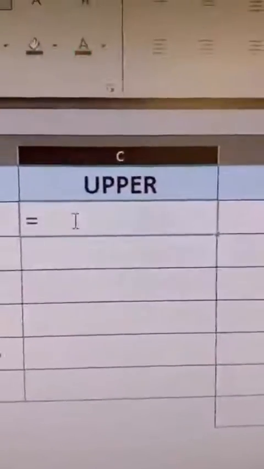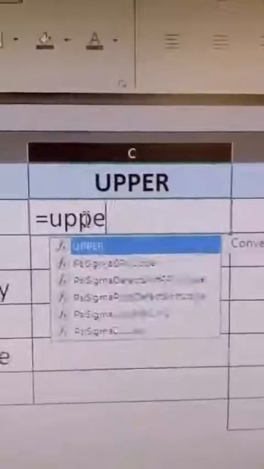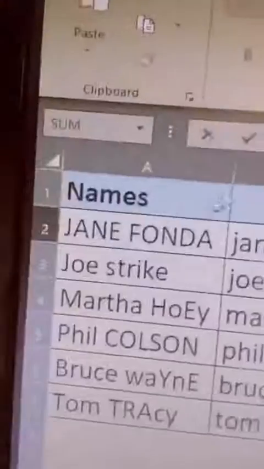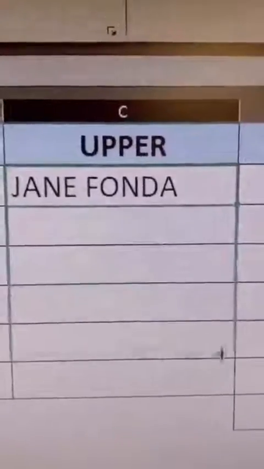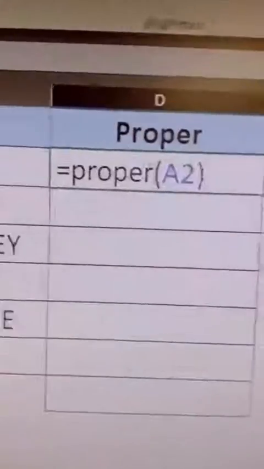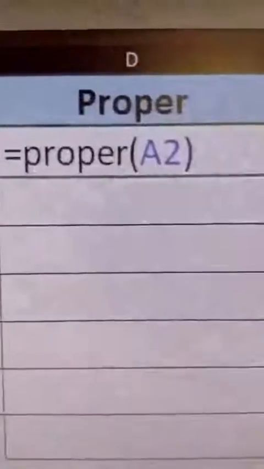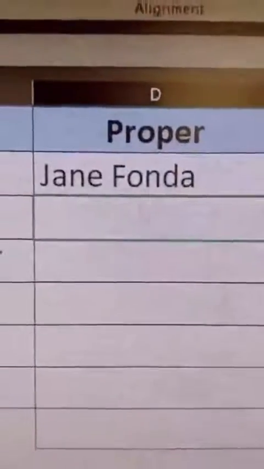And if you want to see them in upper letters, just equal sign, write upper, select the cell, and drill it all down, and it will all be in upper letters. And if you want them to be in proper letters, just write this formula, enter, and select it all and